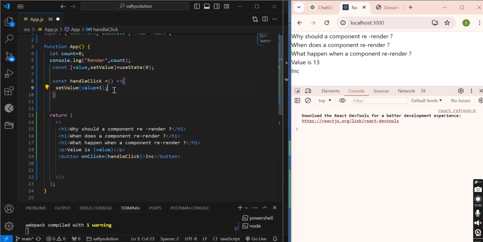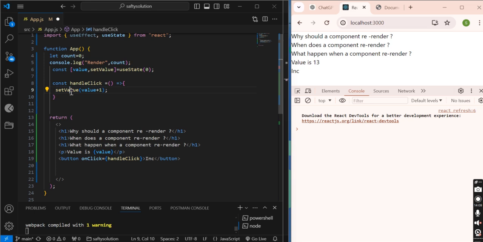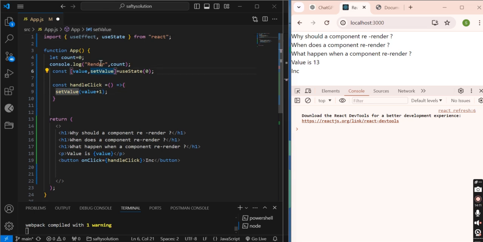Always remember, whenever this method is called, React re-renders the whole component. Since this method is defined in this component, it will re-render that component.